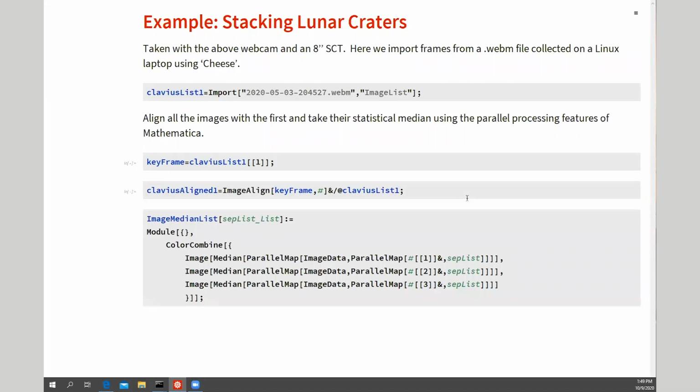You can also do this with things that are not disks, like for instance, taking pictures of the moon. This was again taken with a webcam and the 8-inch Schmidt-Cassegrain. This is a video taken from my front yard of the moon, and it's just a close-up of one of the lunar craters, Clavius. It's just a WebM file captured on Linux using the Cheese application, and we bring it right into Mathematica, and we take the first frame to be the key frame, and we align all the images